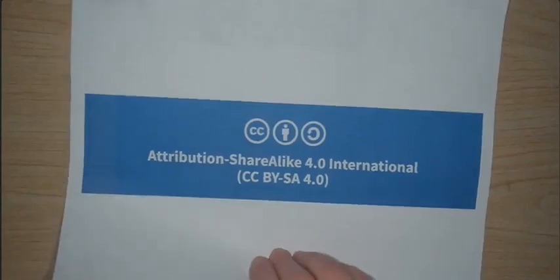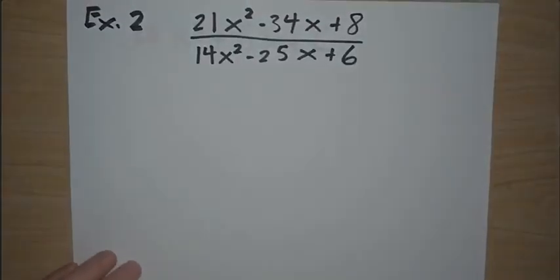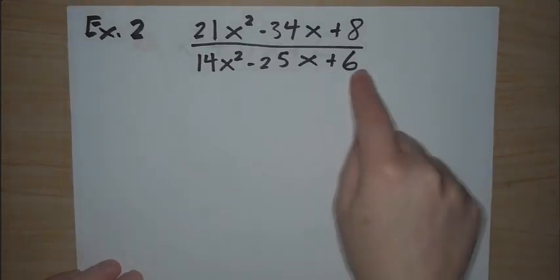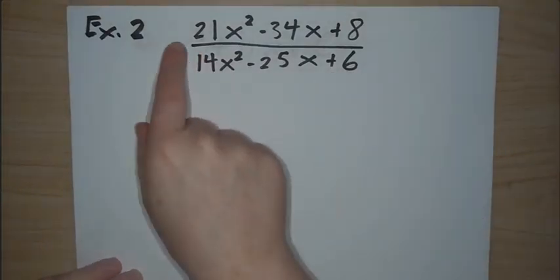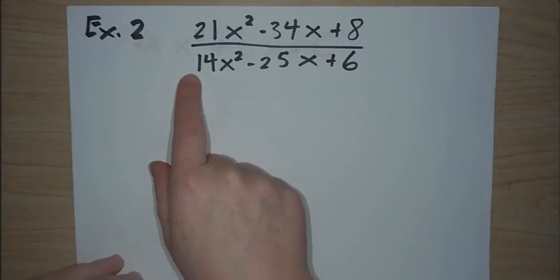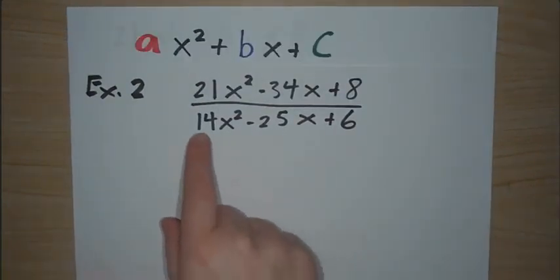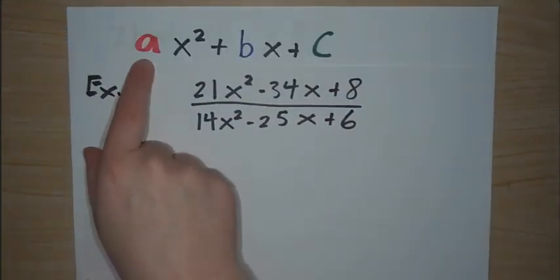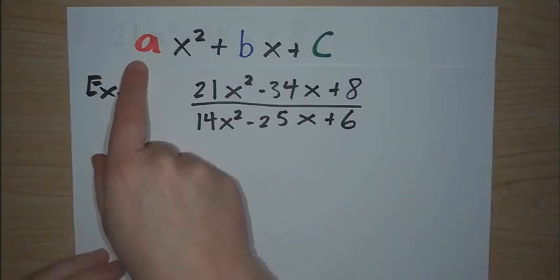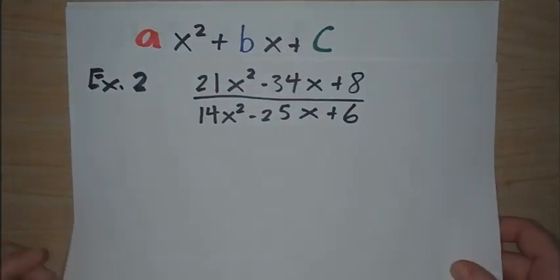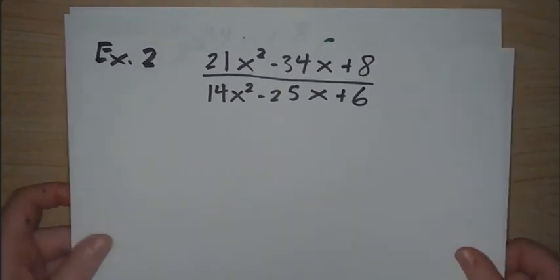This is Rational Expressions Lab, Example 2. We want to simplify the rational expression, so we'll have to factor the numerator and the denominator. If we notice, these are both of the form where a is not 1, so factoring will be a little bit more complicated. So first we'll factor the numerator,